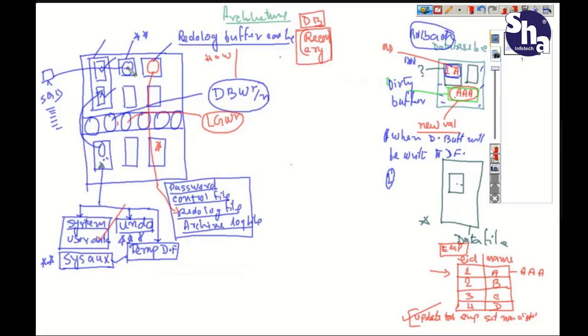Just like if you were able to see the content of the database buffer cache, what would you get? 1A, 2B, 3C, 4D, something like that, for millions or maybe billions of records. I wrote 1A, 2B, that's why I'm saying this one; otherwise it is something else. Now, if you open this redo log buffer or redo log data, you will be getting